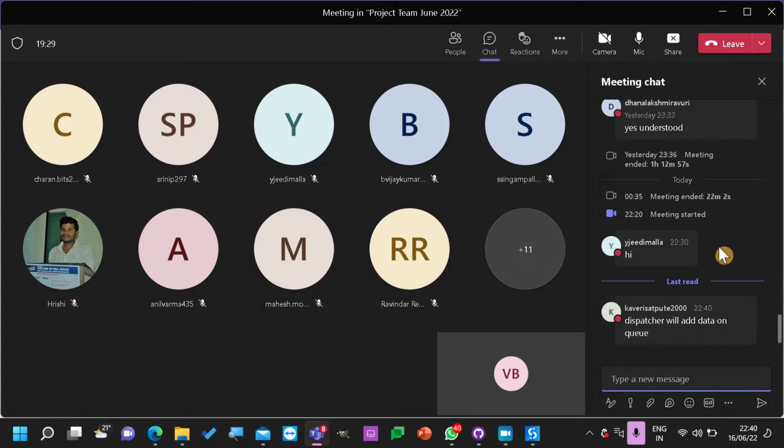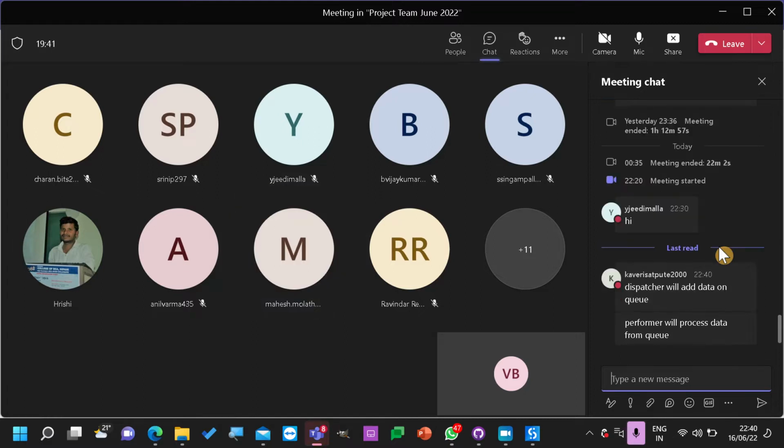Dispatcher will add the data to queue. Okay. Performer gets the data from the process. Dispatcher will create the cases and load it to the queue.